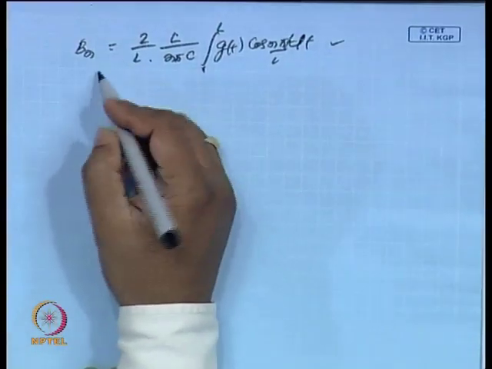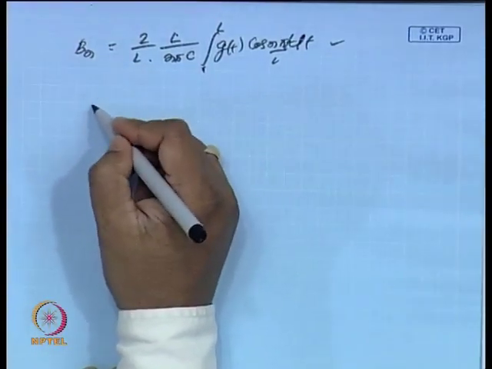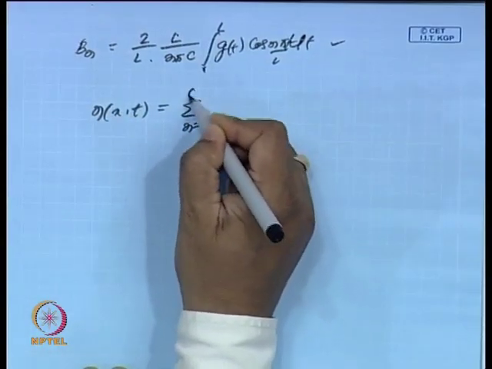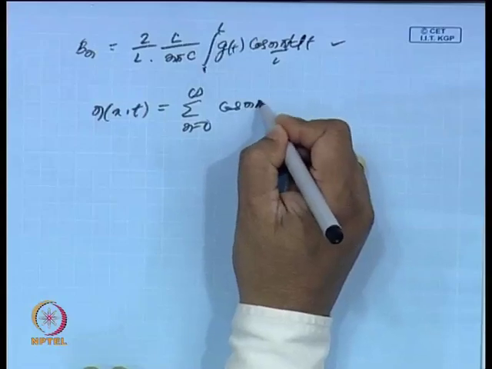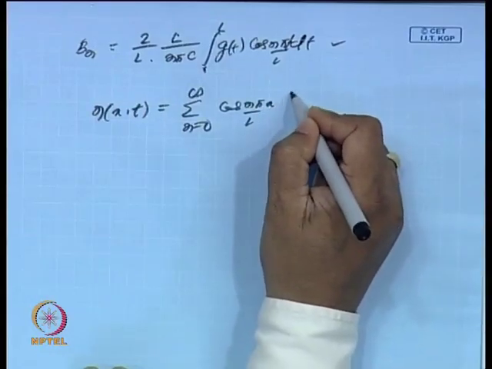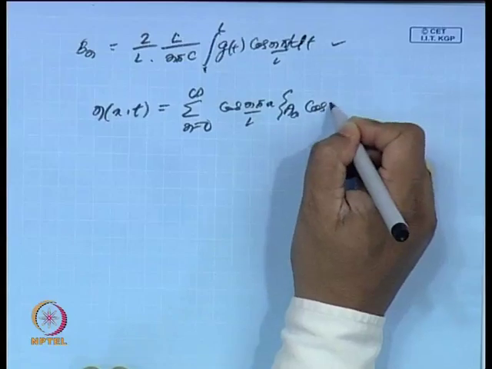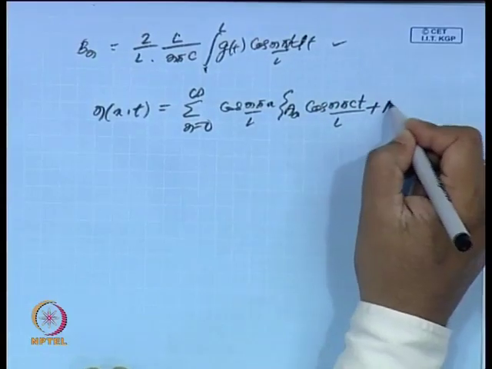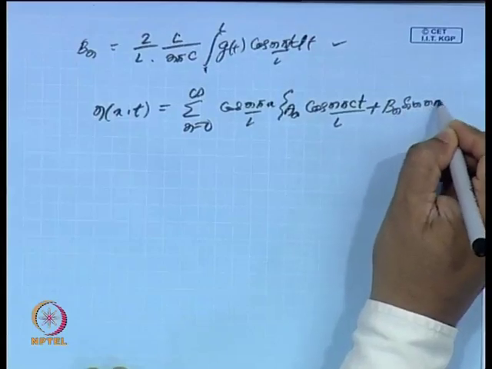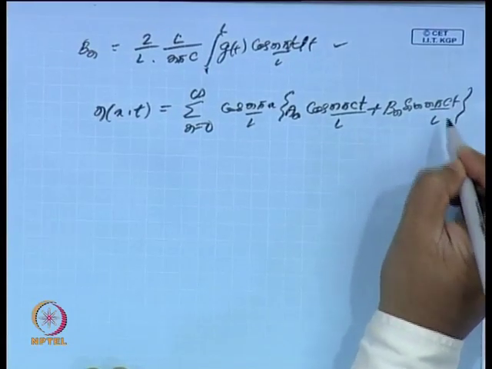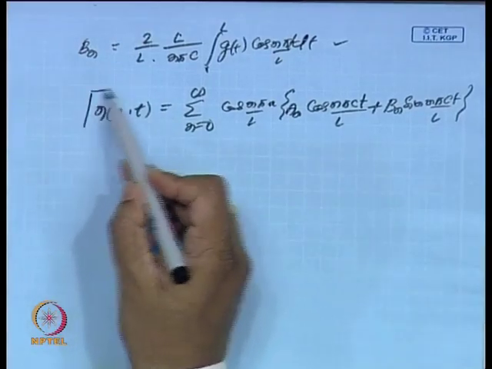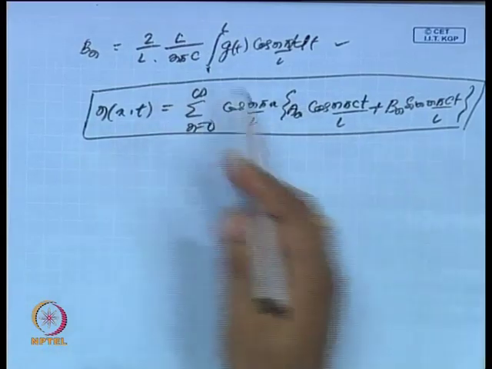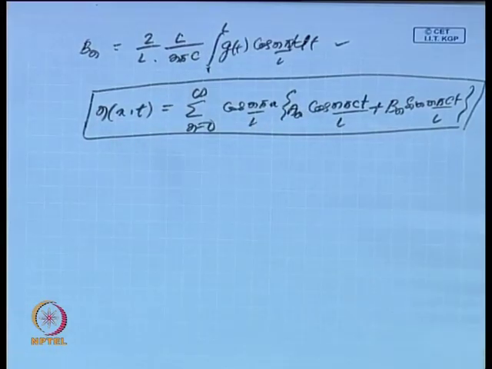I will get, as I said, that my full solution is eta(x, t) is sigma n equal to 0 to infinity cos(n pi by L into x), that is a_n cos(n pi c t by L) plus b_n sin(n pi c t by L). So, this is my full solution, where all the a_n's and b_n's are known in terms of f(t) and g(t),